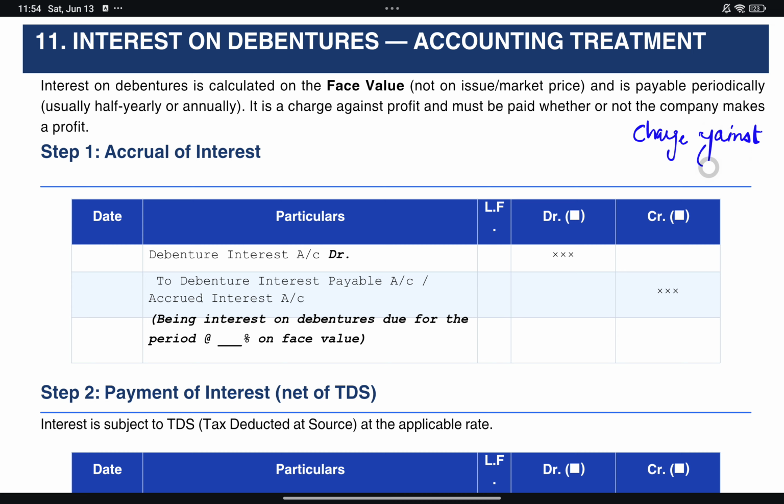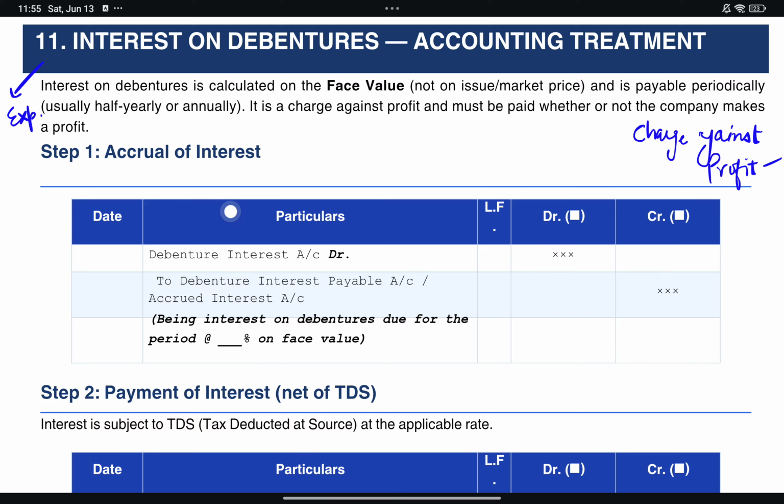Okay, means that the company must give interest whether it earns profit or it earns loss. This payment, the fixed installment every year which the company gives to debenture holders, is known as interest on debentures. Got it? So interest on debentures is an expense for the company, and the company has borrowed money. So we will learn today how to record these expenses in journal entries.